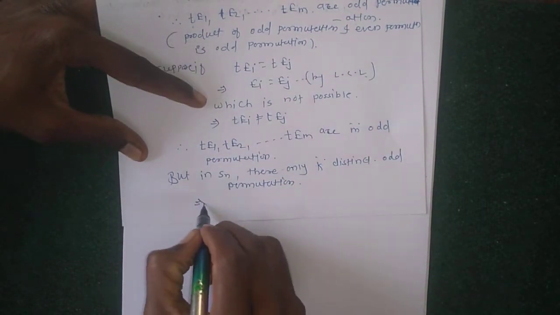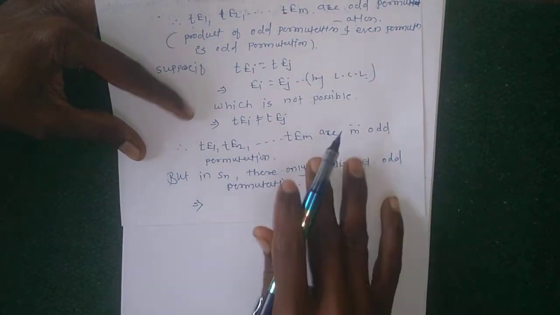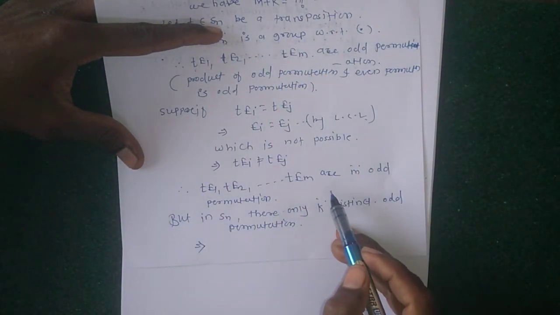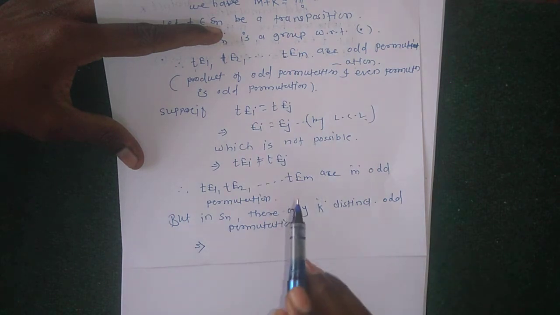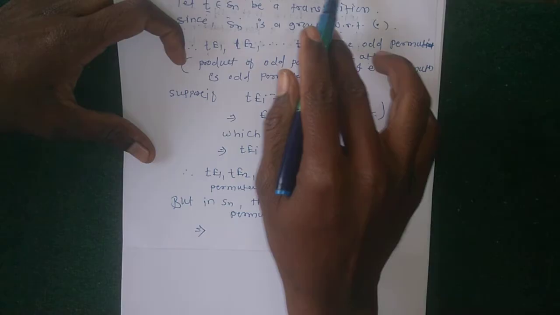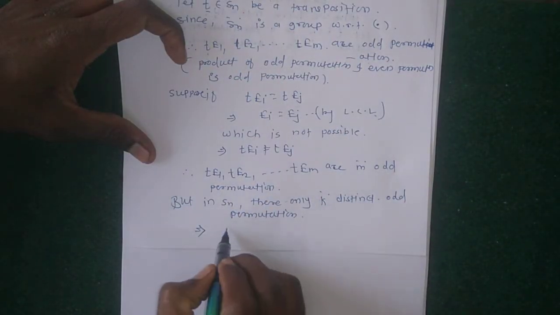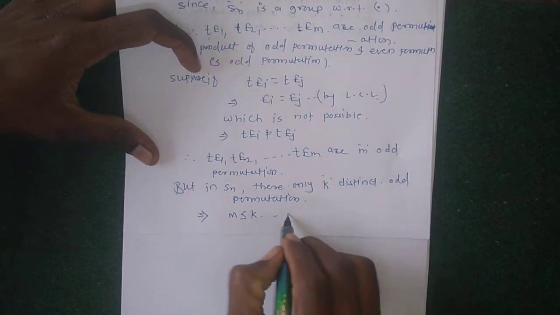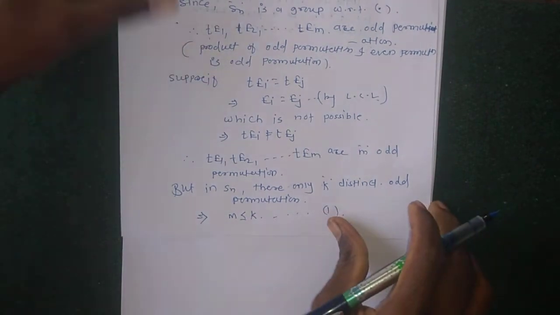So there are k distinct odd permutations, and m distinct odd permutations exist here, which means that m must be less than or equal to k. Suppose this is equation number 1. Then similarly,